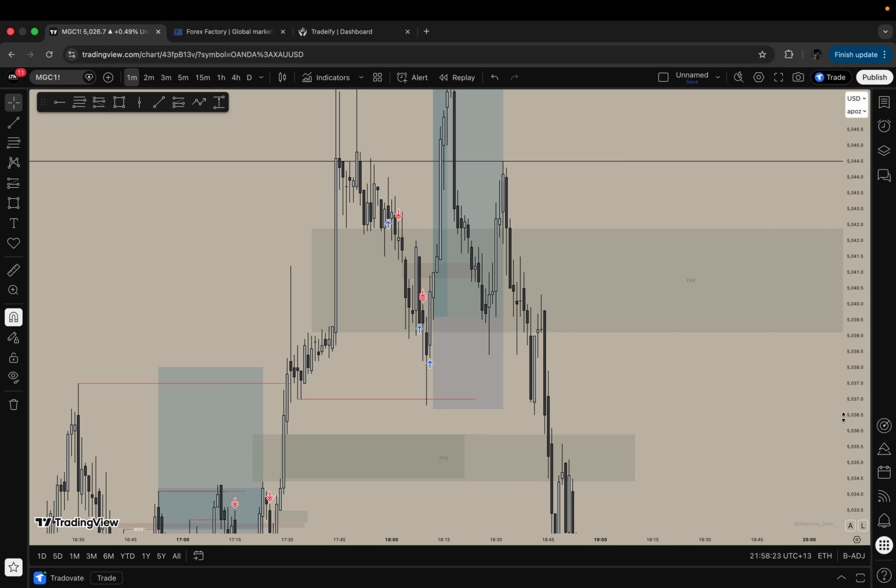The constant trying to catch a move. You have the idea play out, but it's not playing out. And if it does play out, it plays out for a little bit, stops you out, or hits your break even. I know that's a whole part of the game, but I don't know.